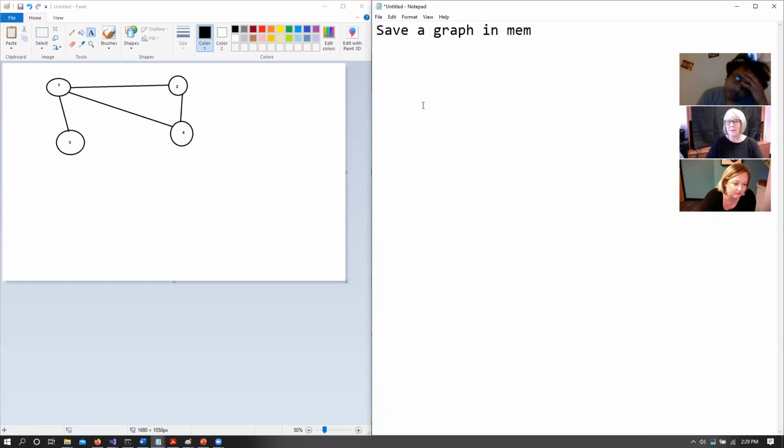Perfect. Okay, so now let's talk about saving these graph data structures into memory. The first example that I had was our 2D array. The last time we had this class, we had an example of a 2D array. Before I begin, there are two ways. There is the first way, that is the 2D array. I want you guys to answer and think about how we would solve this. Second way would be a linked list way.